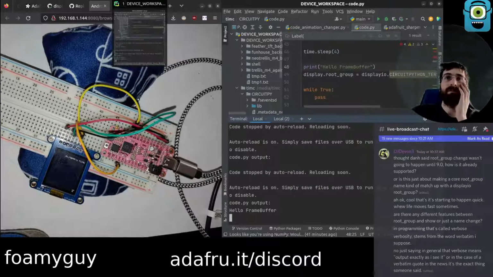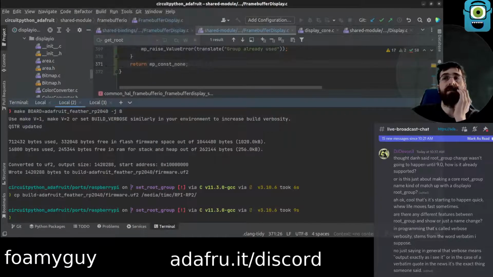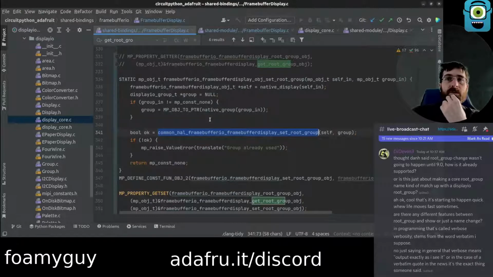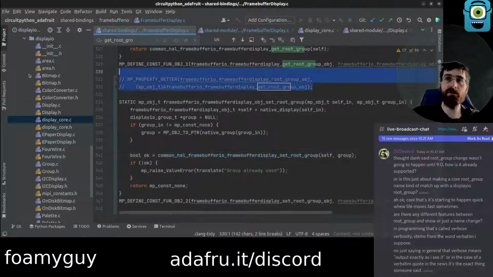Okay. Is there anything left outstanding in the frame buffer stuff? Got our shared module. We did the internal API, so the set root group. Okay, we don't need this anymore.